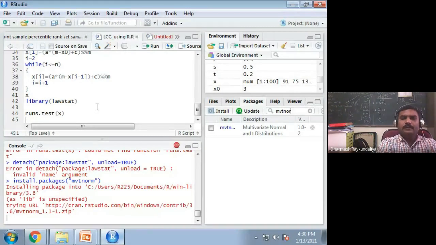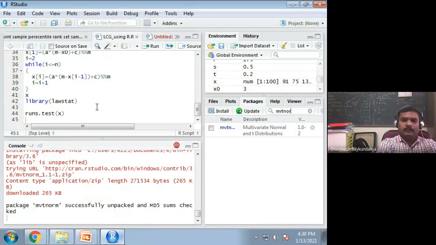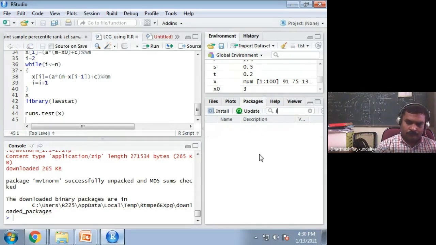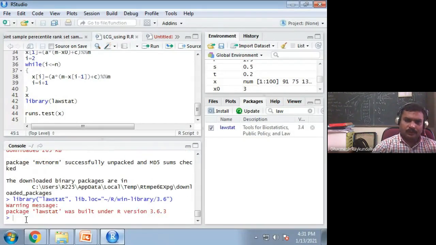So many things you can see in one program. As a statistician, you should be a hardcore programmer, and don't just try to only use the commands.